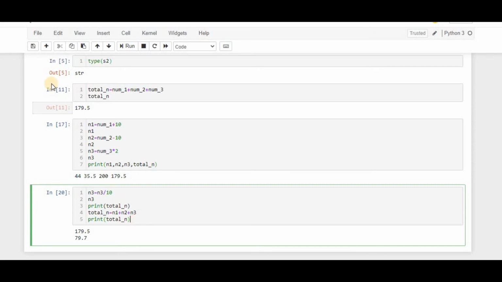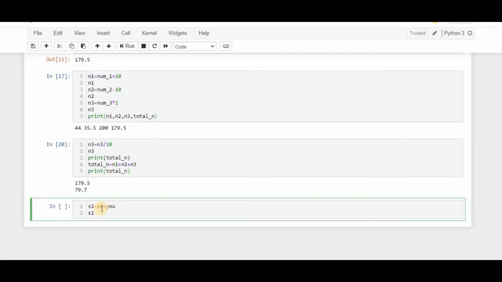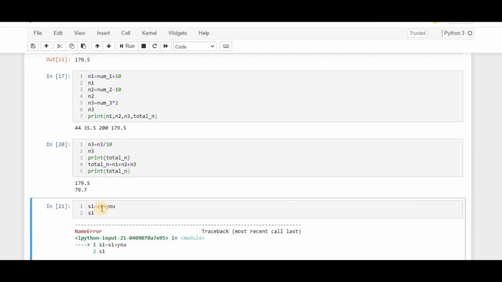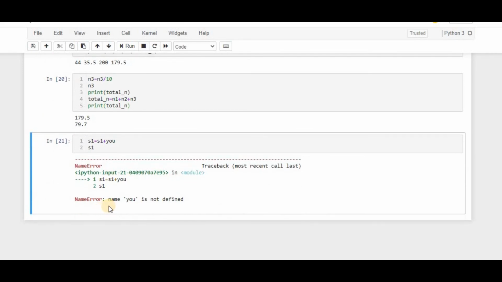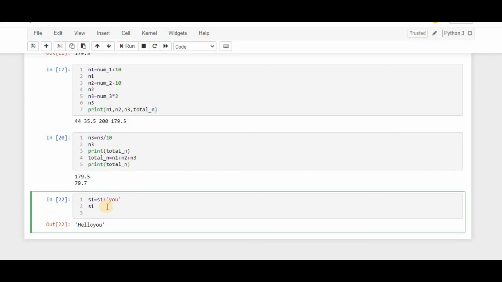So like this, now we are going to concatenate strings also. We will just concatenate the strings. S1 is equal to S1 plus U. Print S1. Actually S1 is hello and it is going to print S1 plus U. See here what it is showing. U is not in quotes, sorry, because it is going to consider you as an integer. Whenever you give it in string quotations, then only Python will understand that.